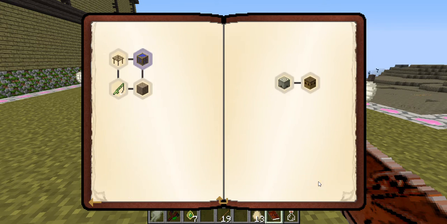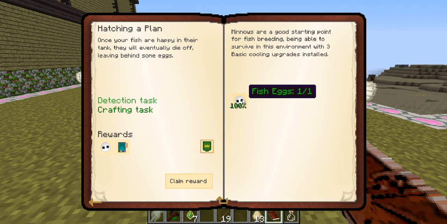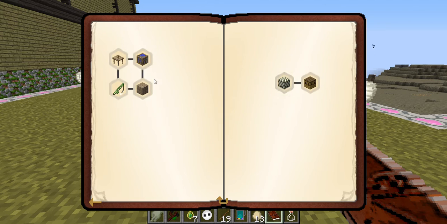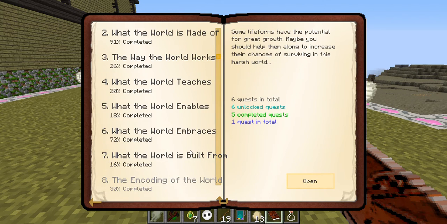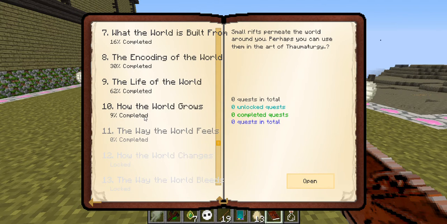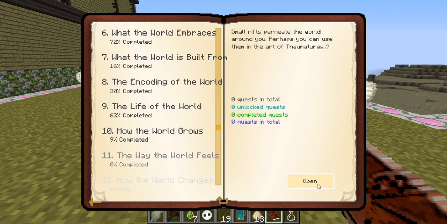Encoding the world. Yeah, gave us the fish egg quest, which gives us an additional fish egg and a fish scanner, which I'm not entirely sure what that does, but we have one now, so cool. I wouldn't mind getting into bees very soon. We could get a little bit into that, because the main goal of this episode was getting a cow, and we still have a good amount of time left, so